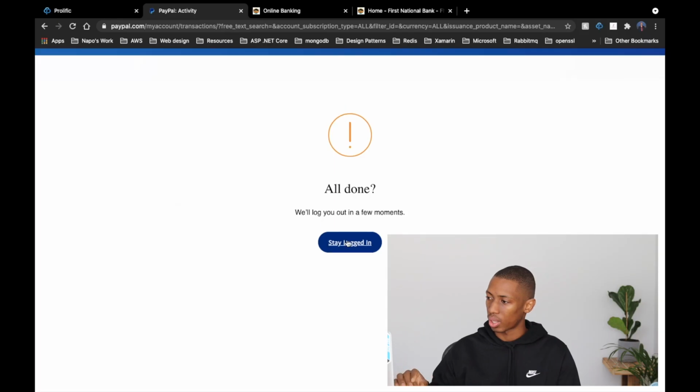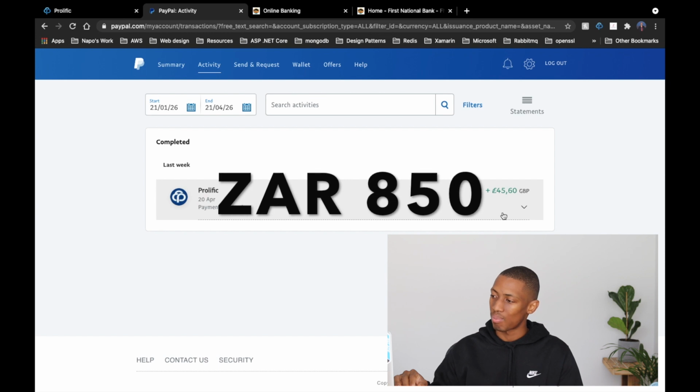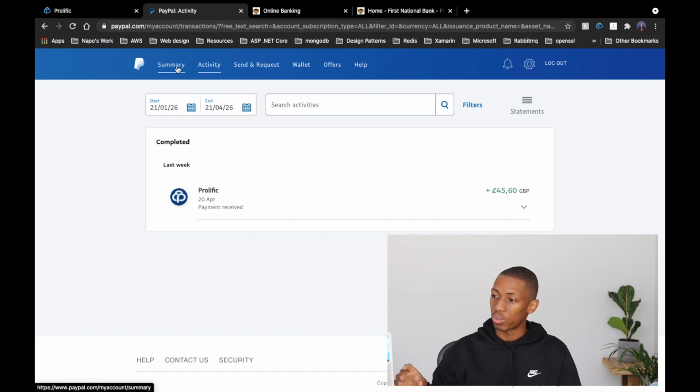Okay, cool. So I'm just gonna move over to my laptop, re-log in again. As you can see, guys, on the 20th of April, Prolific deposited about £45 into my PayPal account. So this is roughly 890 rands in South African rands. So this amount has been deposited into my PayPal account, and I now need to then move it into my